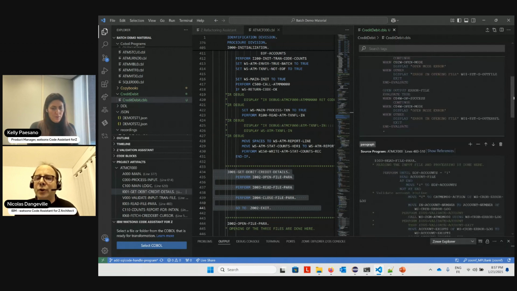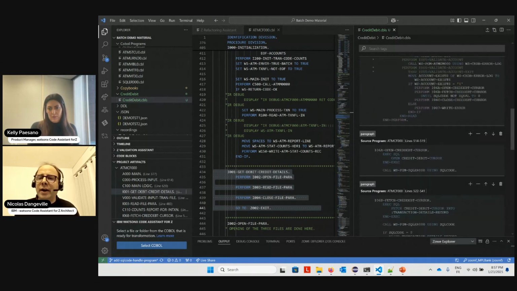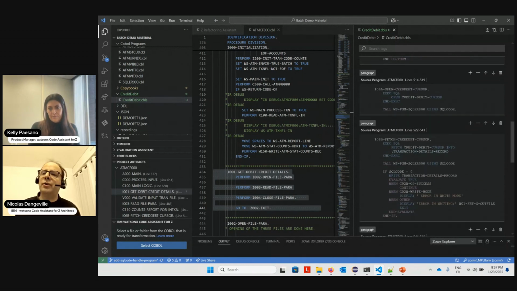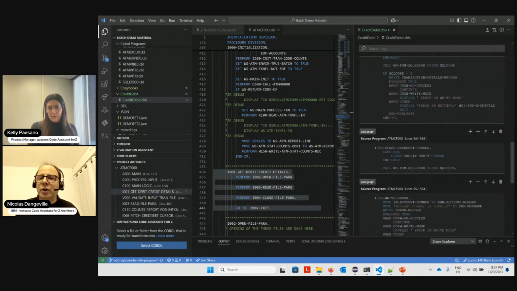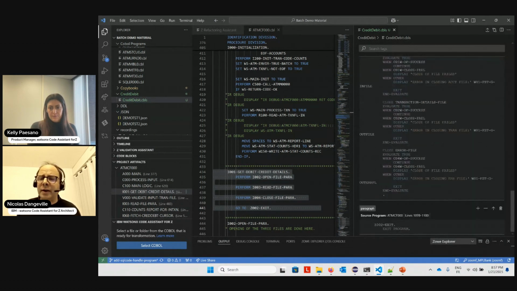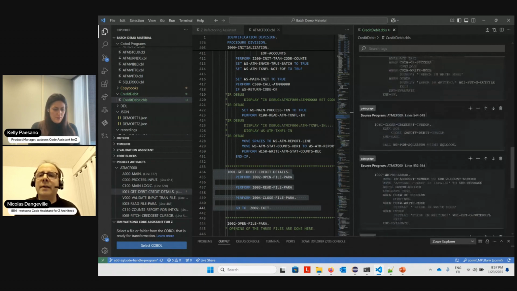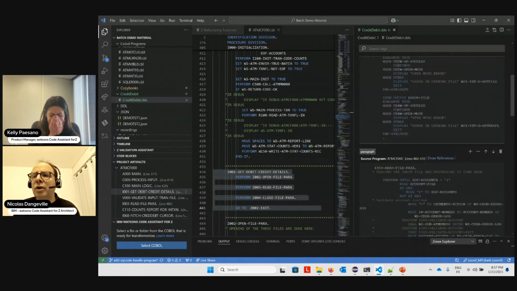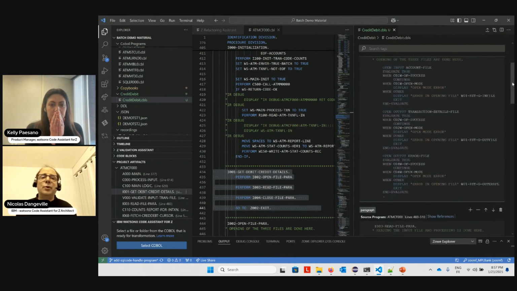So you see, I've got a few: reading the file, opening the cursor because there's a table, fetching the cursor, closing the cursor, writing errors, closing the file, and so on. So in one click, I have gathered all of this data that is relevant to my use case and not everything else that is outside of my scope. Okay.